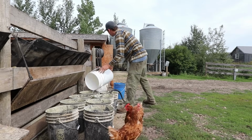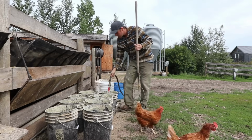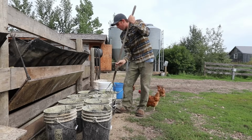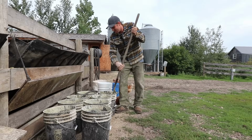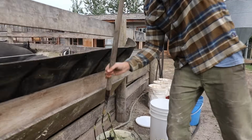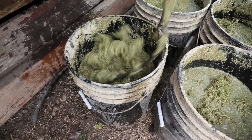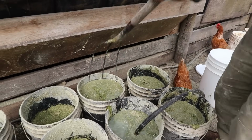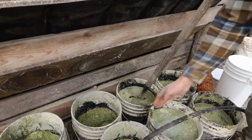And we'll start the mixing process. So as we're filling the buckets, we just come along with a little 3-pronged pitchfork. We mix up all that duckweed and milk and the oats and the barley and the peas and the rye, along with the grasses, and we get a nice mixture, like you were making a pancake batter. That's what we're going for. And once we get that all mixed up, we put it back under our little lids here,